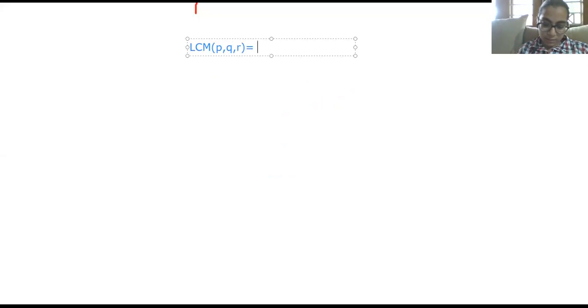And you know, if you have to find LCM of three numbers and you know its HCF, simply what you'll do, you have to find LCM of P, Q, and R equals P into Q into R into HCF of PQR